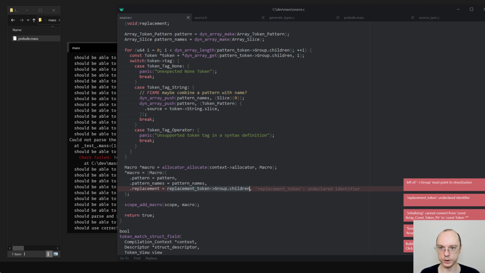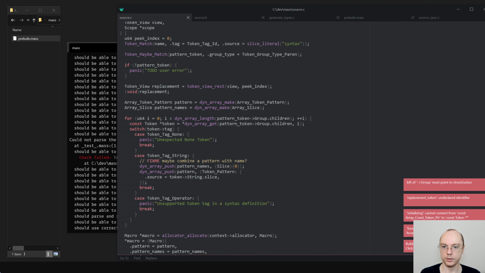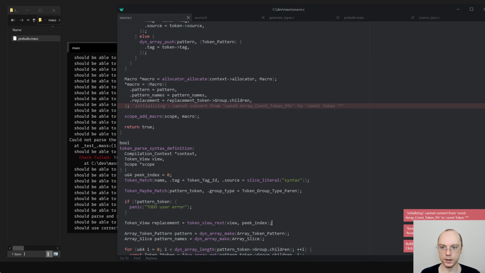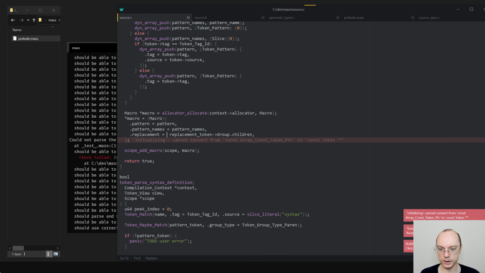So here we will just say replacement, and we don't need to do stuff here. And here we can say token view from token array.